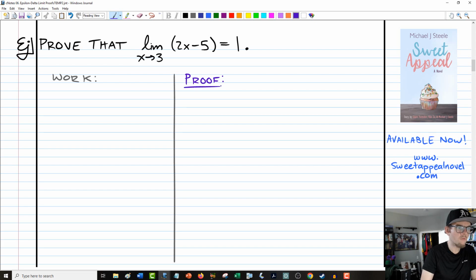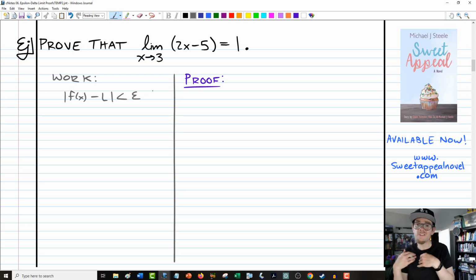And in a sense, that work is really important because it's going to establish the connection between delta and epsilon. We got to establish our connection between closeness in x, delta, and closeness in y, epsilon. So there we go. So here's where we're going to begin. We're going to start with the end in mind. We're going to begin at the absolute value of f of x minus L is less than epsilon. That's our first move. That's where we want to end up anyway, so let's just make sure it's going to